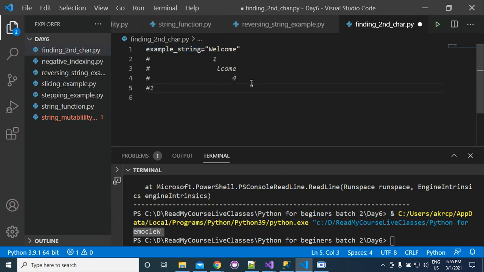Now you can check this. 0, 1, 2, 3, 4, 5, 6. So this is 6.